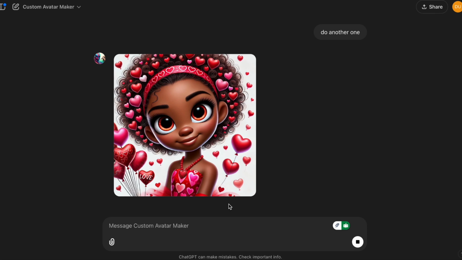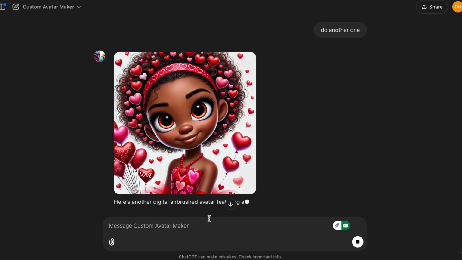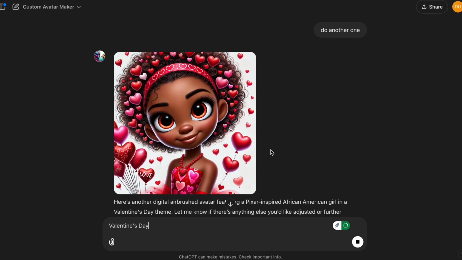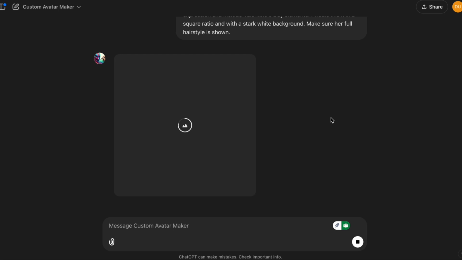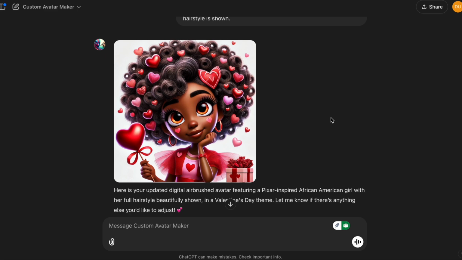Okay, that one is adorable too, and I forgot I should have specified make sure her full hairstyle is shown. So let me put that back in here. Okay, so I edit it and just add it to the end of it. Make sure her full hairstyle is shown. Adorable. That is really cute. I absolutely love this. Okay, so let's